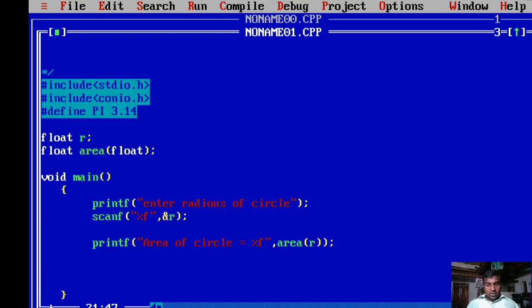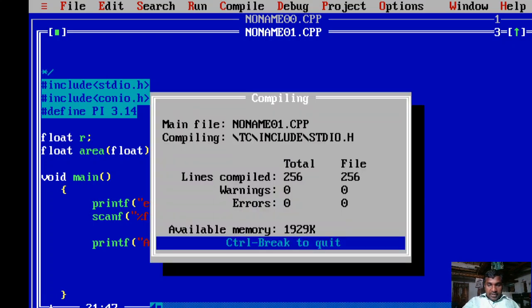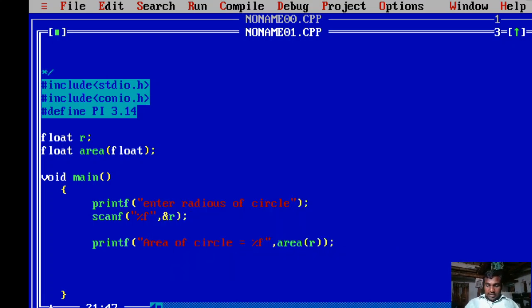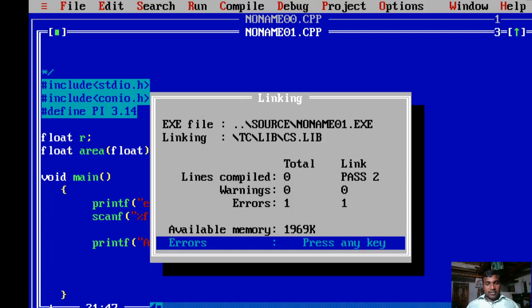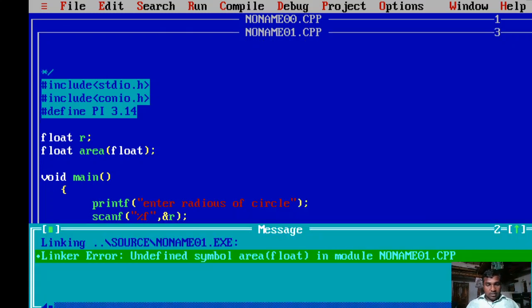Now I am compiling the program and getting 0 errors, and executing the program. While executing the program I am getting one error, undefined symbol area float. Sorry, so what happened?